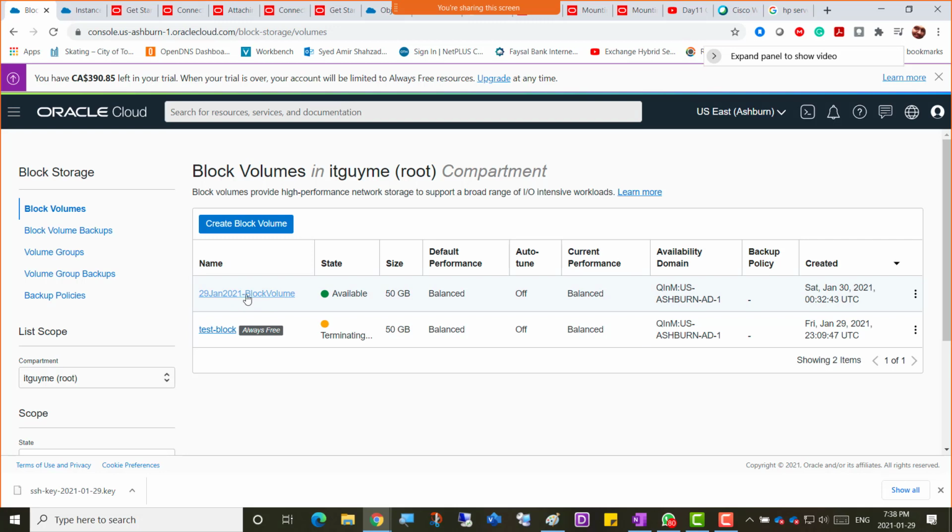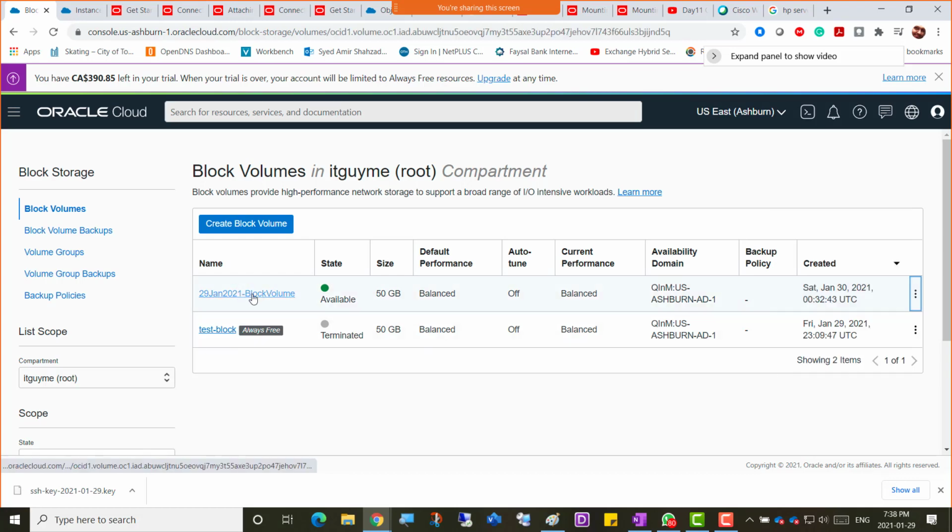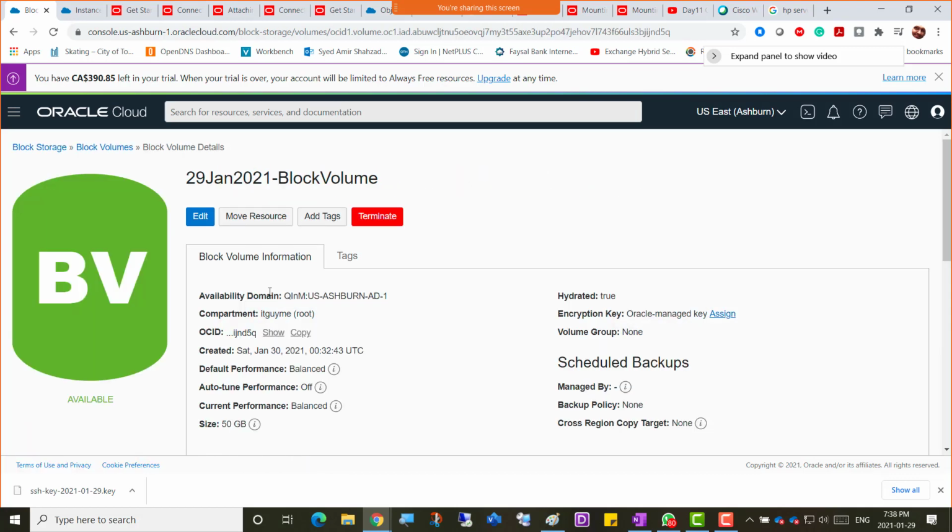So for this block that we created here, there are 3 dots, and what we can do is create a clone of that block volume, take a manual backup, encrypt it, move resource, copy OCID, Oracle Cloud ID, view tags, add tags, terminate. So pretty much straightforward features here. If I go inside the block now,